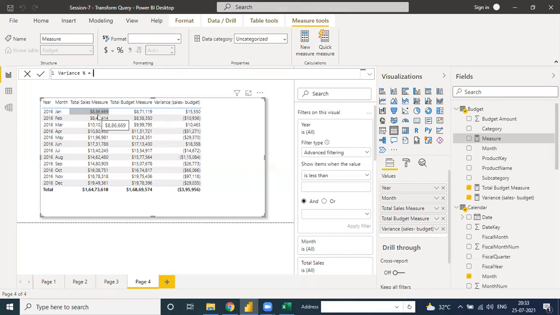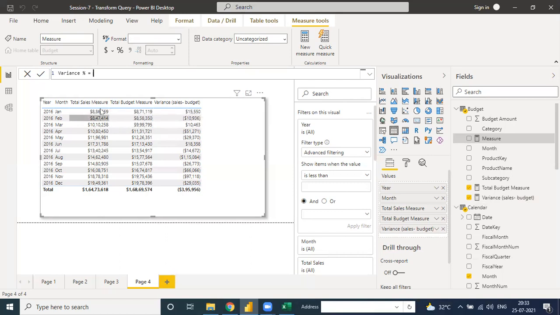I think the base will be the sales, sir. Base will be the sales? This will be based on budget, because we have a sales value less than budget. It will be based on budget, because we have created a forecast and budget. If our sales is higher than budget, then it will impact our result. See here, the total budget is 871 and our sales is 861, which means it is a negative variance against budget.